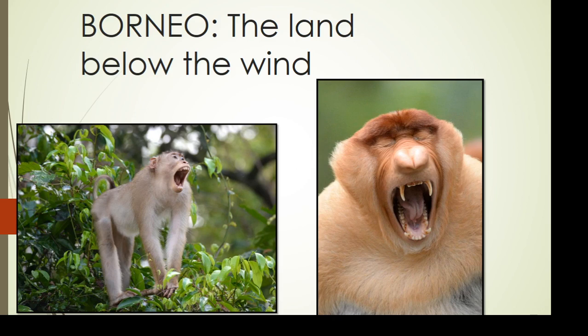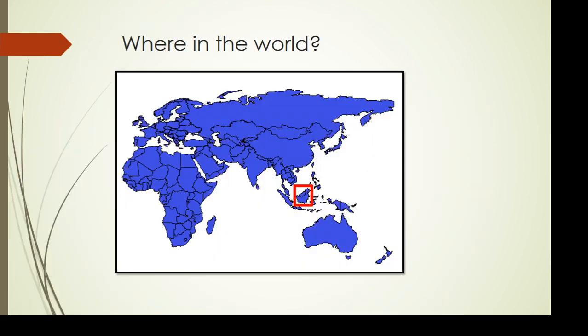I would like to take you to one last place. I'd like to go to Borneo. Borneo is called the land below the wind, which is kind of funny because it's named for the direction that the wind blows. So the other people named Borneo because that came from the direction the wind blows is where Borneo was. And I've got 2 yawners right here. I thought that was an interesting thing.